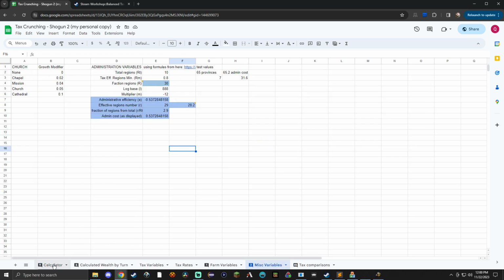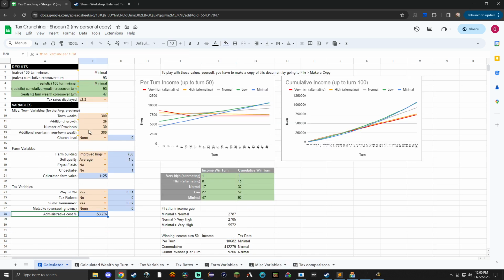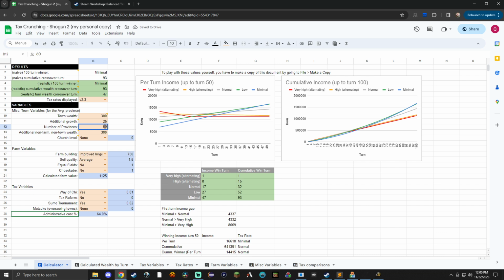This is the actual way that administrative cost is calculated based off of number of provinces. So whenever you change this number, this administrative cost number should be accurate. In fact, let's just do a simple test here. We're getting 16,000 per turn income when I have 60 provinces. Let's see if that drops when I add a 61st province. 16,700 versus 16,600. So you are still gaining more money overall, even when you add a 61st province, but it's